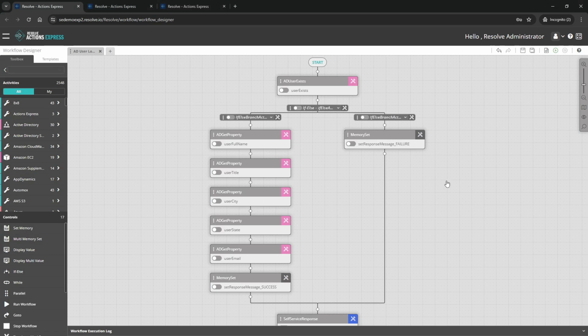And back over to the Workflow Designer. This is the simple workflow that we built, but it helps exemplify some of the key design components of the platform, things like generating data, variables, passing them downstream, things like if-else branches, as well as how to take input from external places, process it, and produce some type of output. And of course, the external place in this case was Resolve's own built-in self-service portal, the same place to which